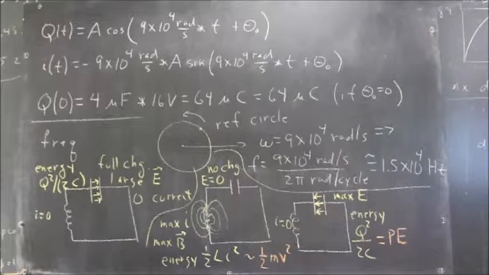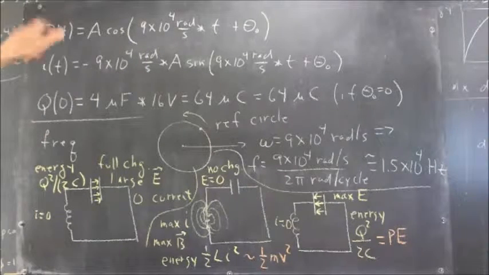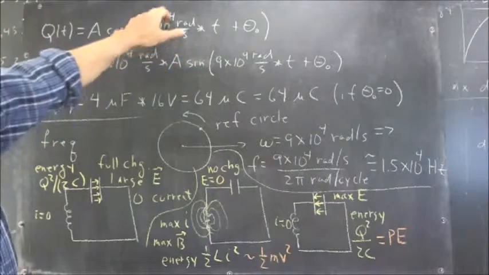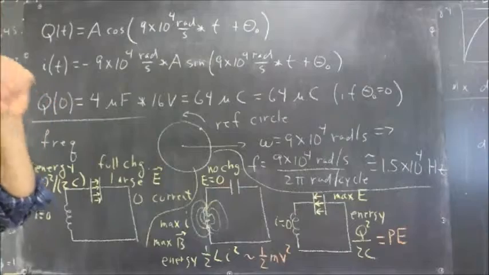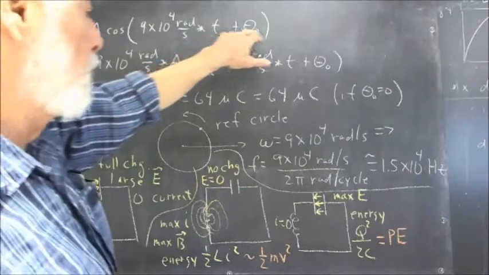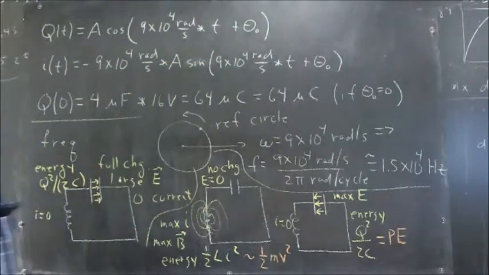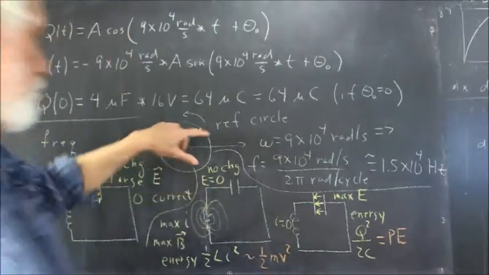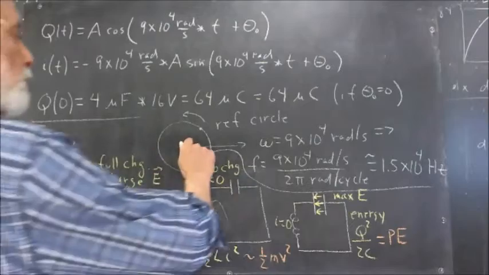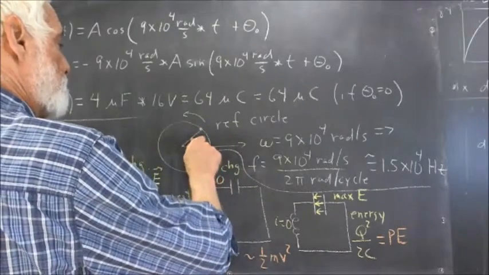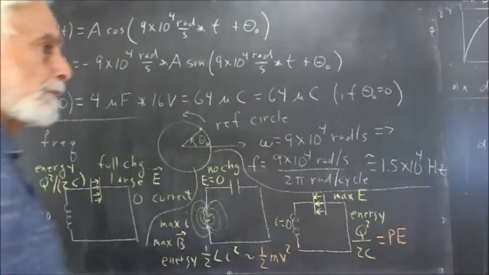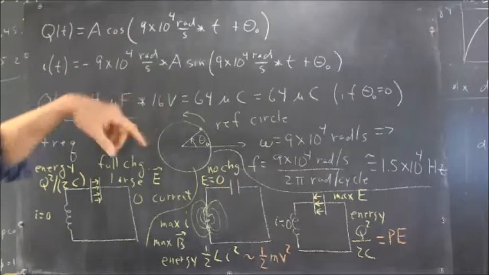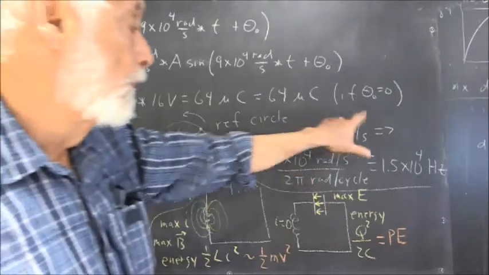Our solution is therefore of the form Q of t equals A times the cosine of omega t plus theta naught, omega being 9 times 10 to the 4th radians per second. The reference circle picture is simple enough. I've sketched it here. We start with some theta naught, and our reference point moves around the circle with angular frequency omega, 9 times 10 to the 4th radians per